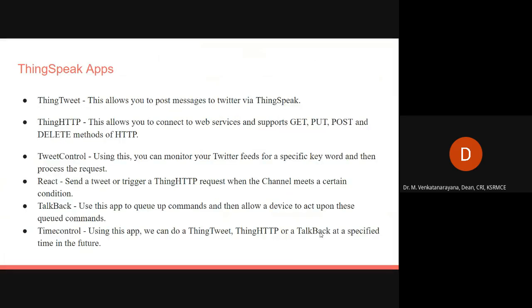There are several apps available. ThingTweet allows you to post messages to Twitter. ThingHTTP allows you to connect to web services and supports the get, put, post, delete methods of HTTP.